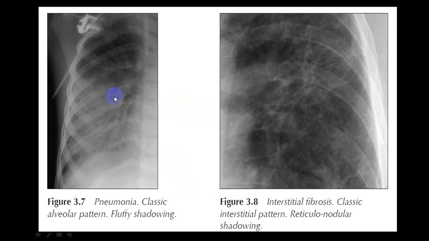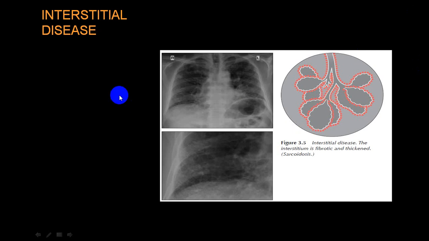You can see again here air bronchogram. You can see lines, interstitial fibrosis, and you look at this. Can you see this air bronchogram? Very clear. So when you see an air bronchogram with radio opacity, it is consolidation, while if you see linear lines, depending upon the pattern, linear, reticular, nodular, reticulonodular, and honeycomb appearance. Honeycomb appearance in bronchiectasis. So depending upon that, you can see again interstitial lines. So this is interstitial disease.